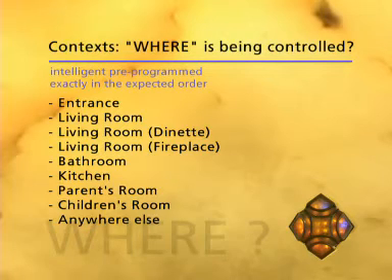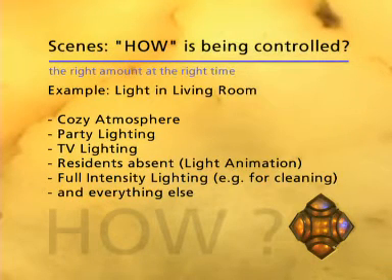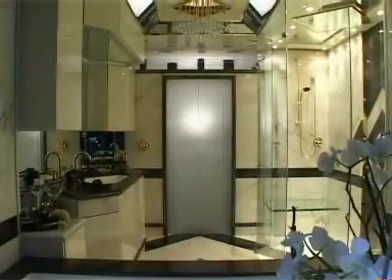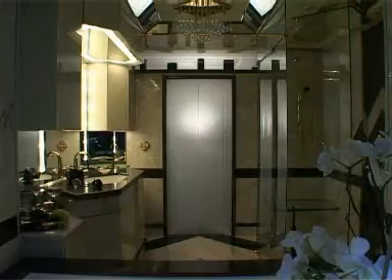For example, a number of sub-areas in the living room make up the entire living room. A number of contexts can be combined to one single operation, for example by opening a sliding door. Contexts allow settings to be saved in so-called scenes. These can consist of light moods for a certain area or certain utilization, for example. The scene also indicates how something is to be controlled and can be called at any time by simply pressing a button. Using the light as an example, all light sources associated with the context are switched to the set values when a scene is called.